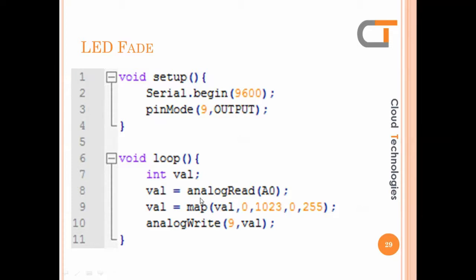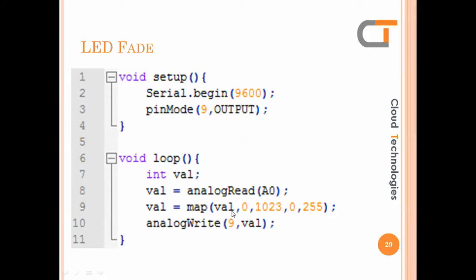The reason we are using the map function is that analogWrite, the PWM write function, takes only values in the range of 0 to 255. So map is the function to convert this 0 to 1023 range into the range of 0 to 255.